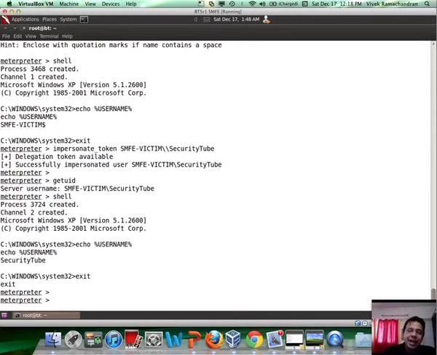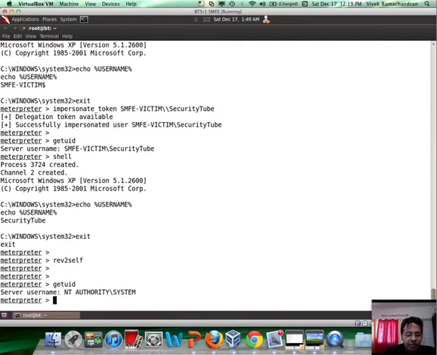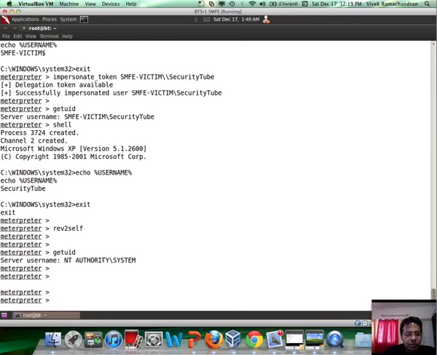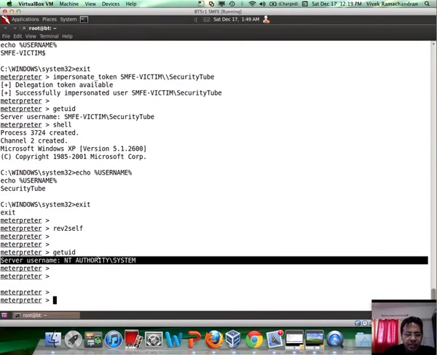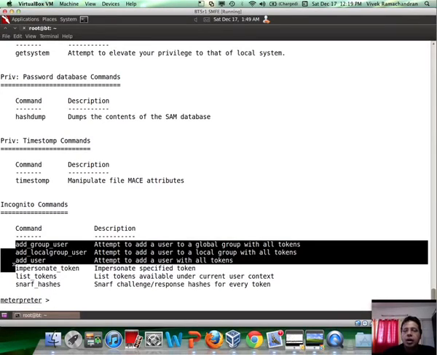Now, if you want to get back to your original token posture, which is your system, you need to use the rev2self command, which is revert to self. And now you would again have the same token, which is system authority, right? So Incognito has a couple of other options as well, which is basically adding users to groups, to the local system, etc. with all the token permission sets and everything which you have. I leave this as an exercise, and probably we will have a lab based on this at a later stage,